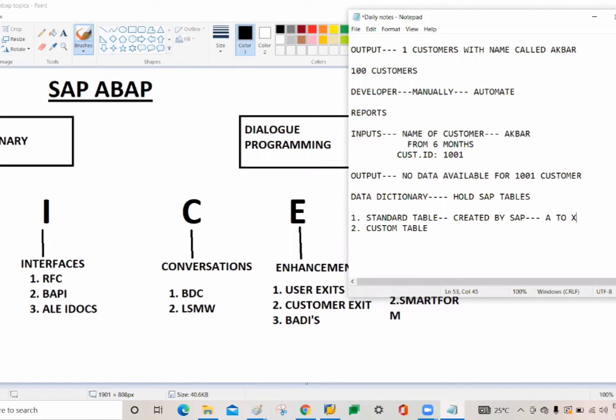But every time I cannot go with SAP. Sometimes they will ask for some modification, meaning they are expecting new options, new tables from us. Then I need to create a new table, guys. Any table created by the user, that we call a